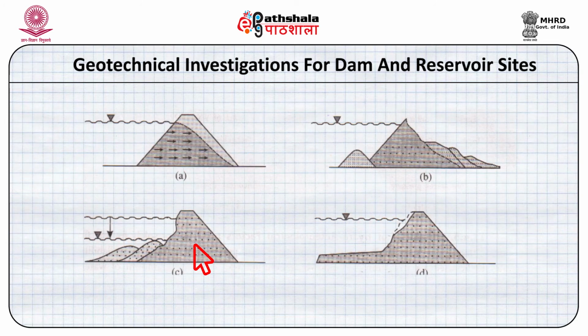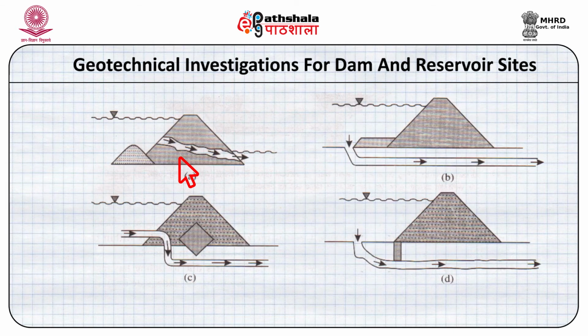The earth dams are more amenable to failure because they are made by using borrowed earth. It is brought to the site of the dam and compacted by rollers at optimum moisture content. Each kind of soil or earth has its own optimum moisture content at which it can be compacted very well. So the earth dams, if not compacted well, are likely to fail. There are many different methods of their failure.